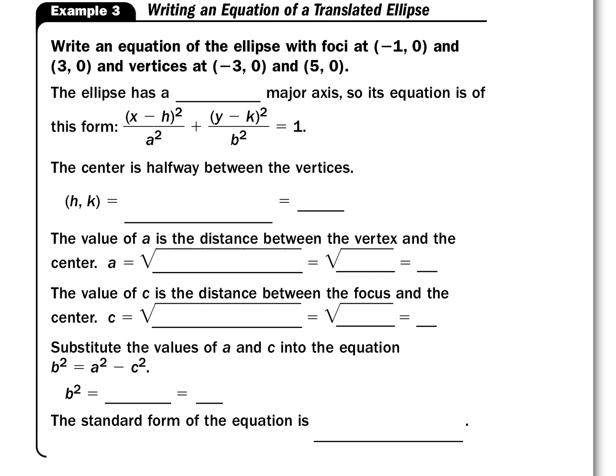Example 3, writing an equation of a translated ellipse. It says write the equation of an ellipse with foci, which is important to know what we're talking about here, foci at negative 1 comma 0 and 3 comma 0, and vertices at negative 3 comma 0 and 5 comma 0. Notice that it said vertices here and not co-vertices. So those are talking about the vertices of our major axis. So if we draw a quick sketch,